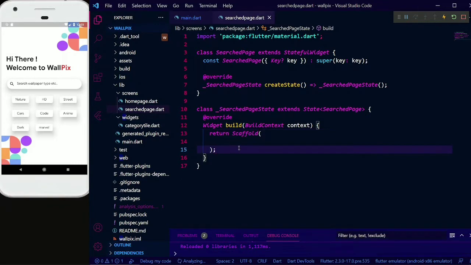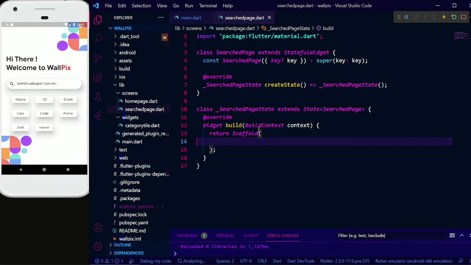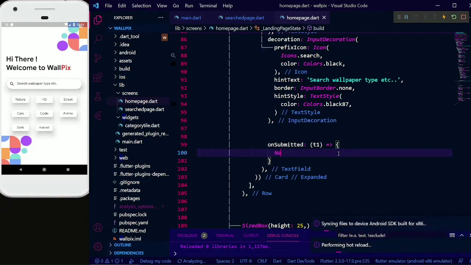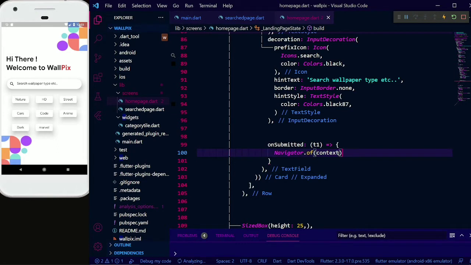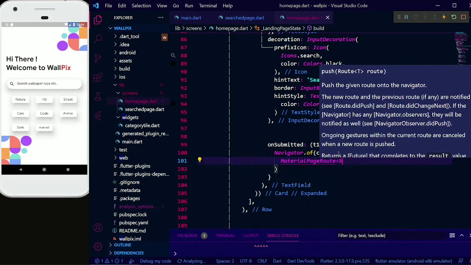Now we need to go back, as when we click on these tiles and when we search anything, it should call this search page with an argument that is the text written inside the text field. Okay, for that we need to go to home page, and here on submitted, we have to call the next page. So for that we will write navigator dot of context dot push material page route. Okay, and this will have null,